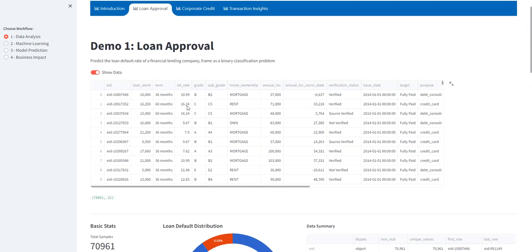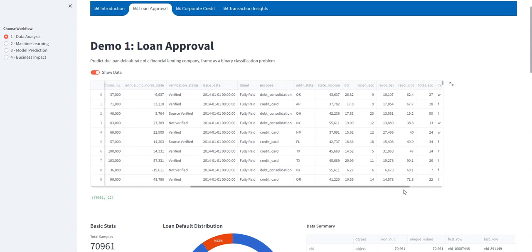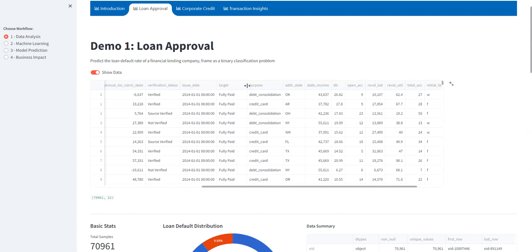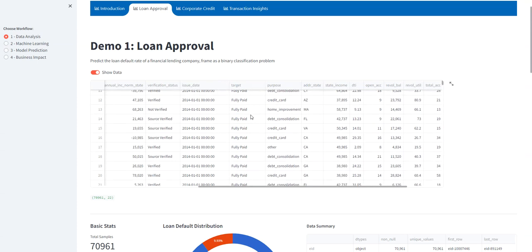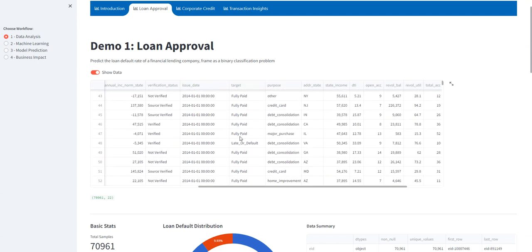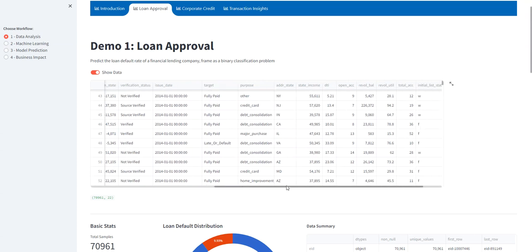People are using this is an interest rate, and this is a grading, the grade of the loan, a grade of the applicants based on the lending company's criteria, right? And you have home ownership, annual income of the loan applicants, and you also have other status of the loan and financial information of the loan applicants. Our target is to try to predict whether this loan is fully paid or late or default, right? It's either a good loan or bad loan. We are using this data to predict.